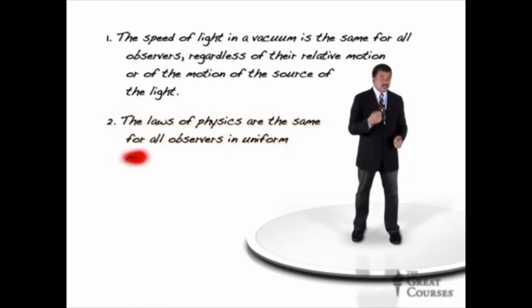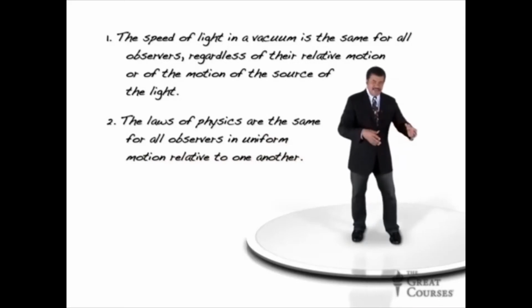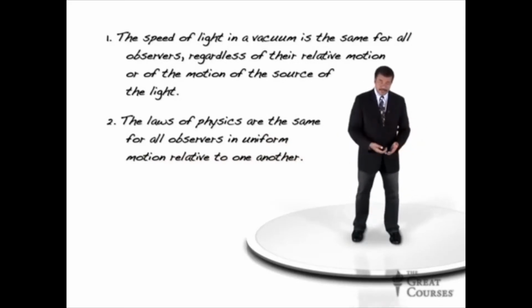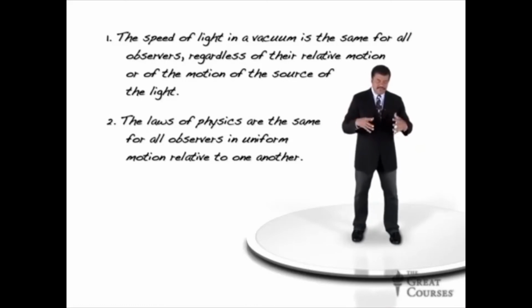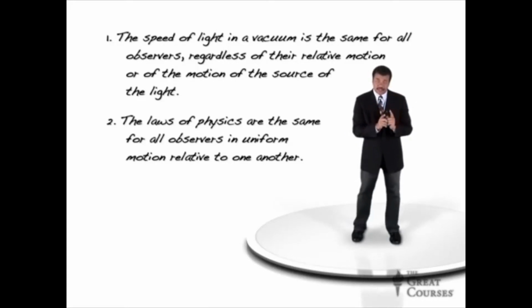Assumption two, that the laws of physics as you measure them are the same for every observer doing the measuring, provided you are on a vessel that's either moving at a constant speed or not moving at all. Those are the only two tenets that you have to buy into. And all experiments have shown that both of those two tenets are correct. Given those two tenets, extraordinary, spooky phenomena derive from them.